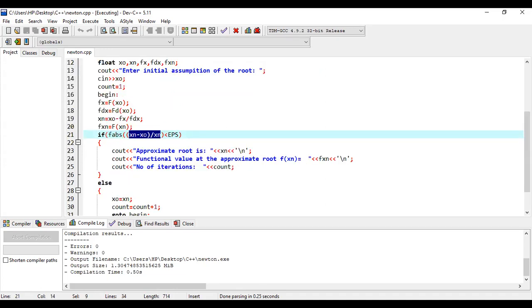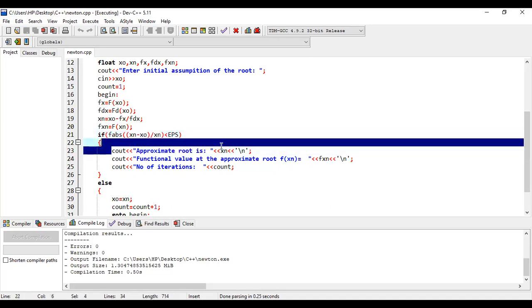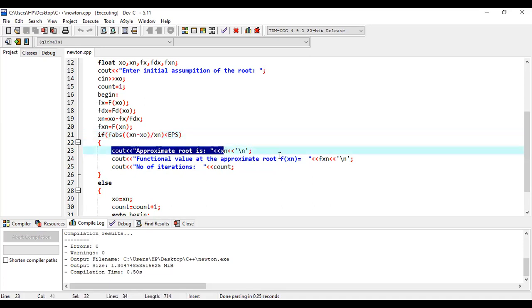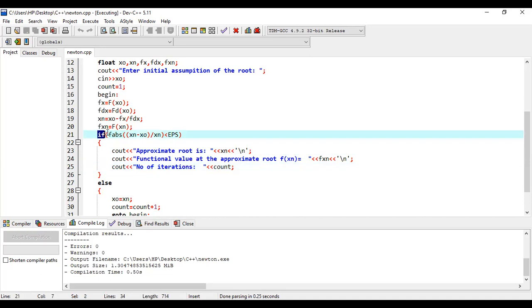So if they are converging to one particular point, and the difference is less than 0.0001, then you can print the approximate root is this, the functional value at the approximate root is this, and the number of iterations. Otherwise, if the difference between the two consecutive points x0 and xn is still greater than